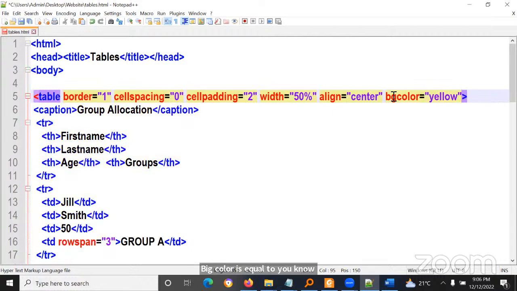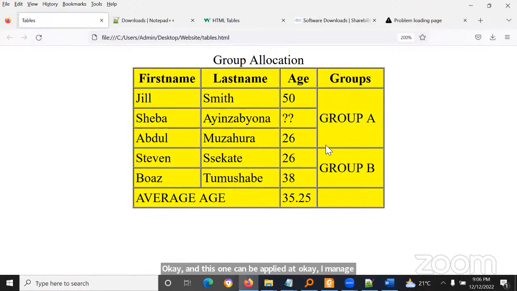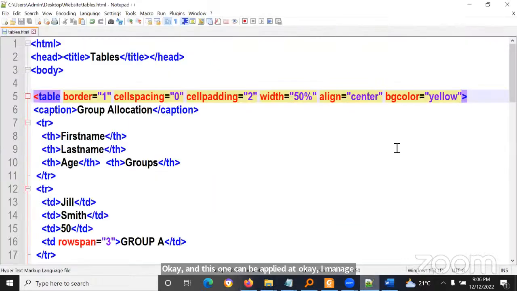Okay. Try bgcolor equal to yellow. And this one can be applied at, okay, I managed to put yellow color. This one can be applied at TR level. Let me try putting this at, maybe I want to highlight